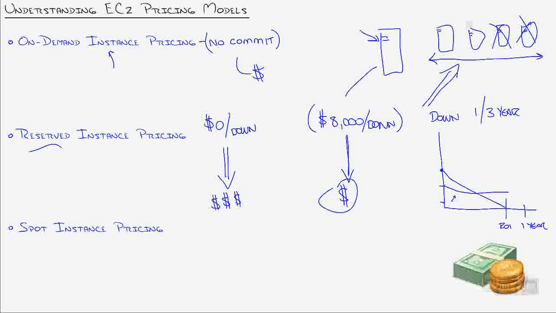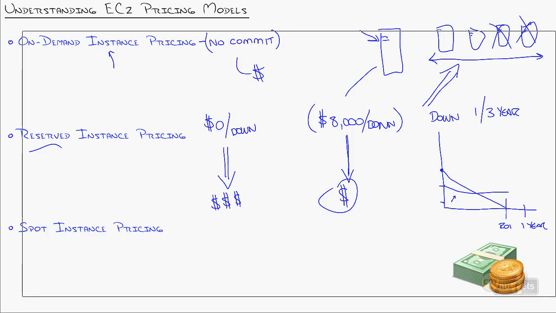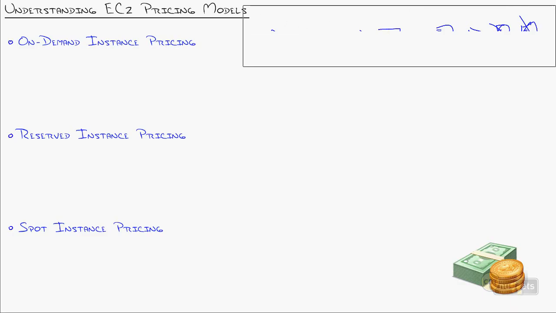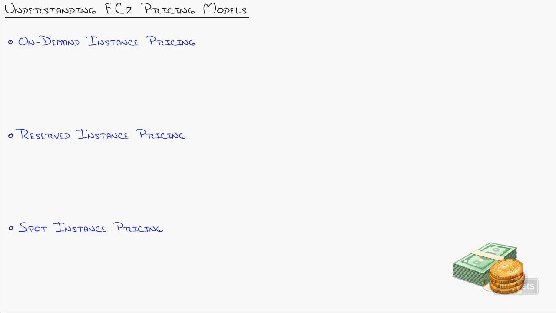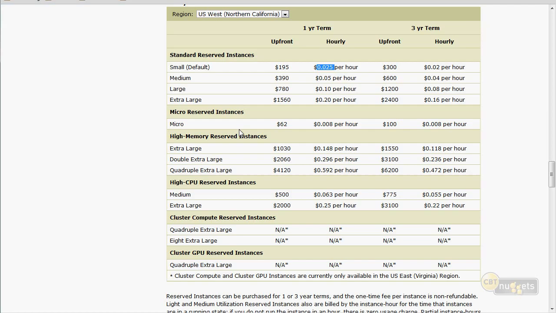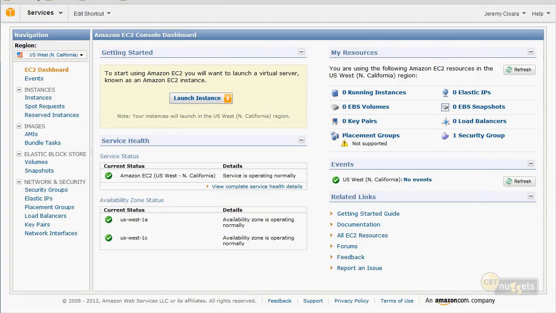Now the last one, spot instance pricing. And actually, hang on, before we go there, I wanted to show this to you. Let me wipe the screen real quick of all the little notes we've been adding thus far. But I want to show you what it looks like, because it's like putting in a bid, if you will. When you are in the management console, to launch an instance, just clicking EC2 dashboard, launch instance, you're in the on-demand world.